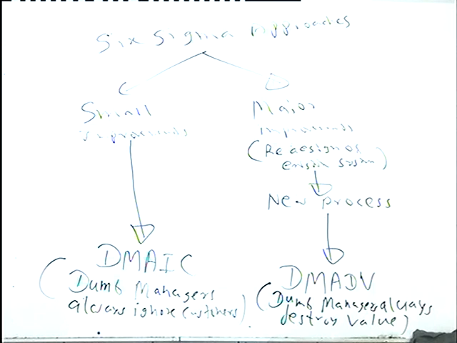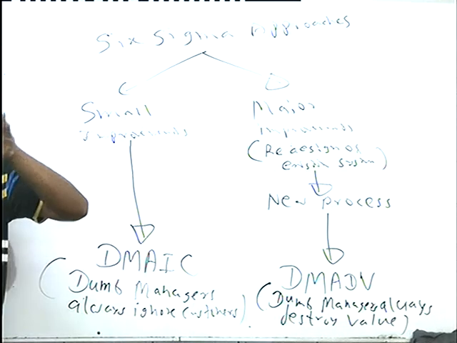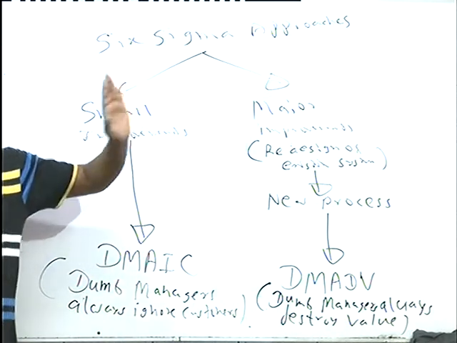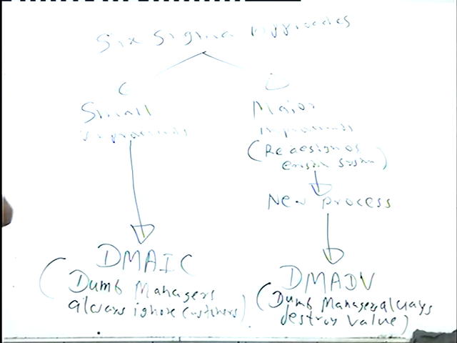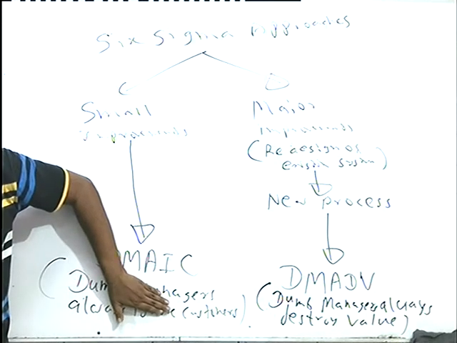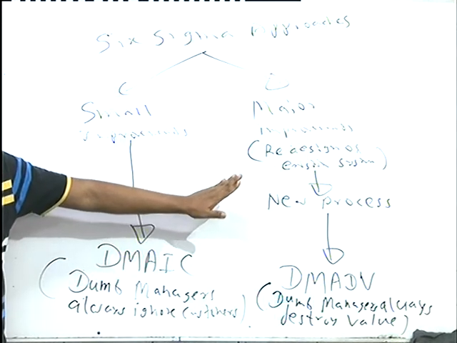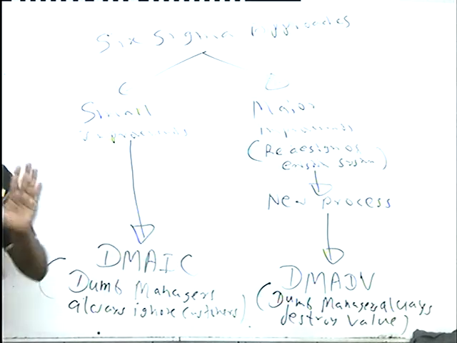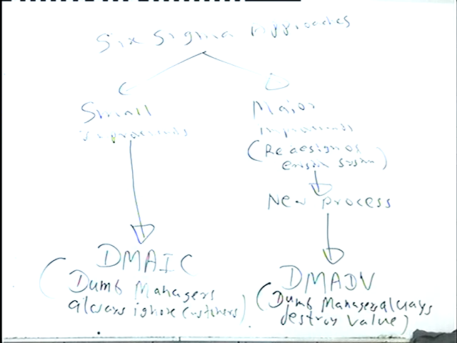Now, I'm looking at the application side, right? In your exam, what the examiner will do is, sometimes he may tell you whether this is a small improvement or major improvement. If so, then the task is much easier. In that case, you can directly apply this one and write your answers. But the other option available for the examiner is not telling whether it's a small change or major change, and giving facts to recognize that. That will be a little bit complicated.